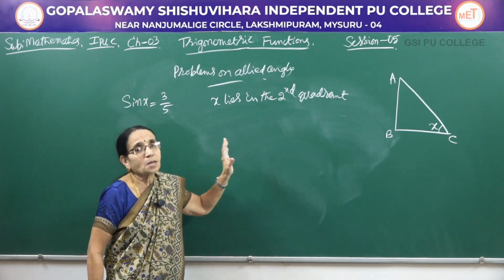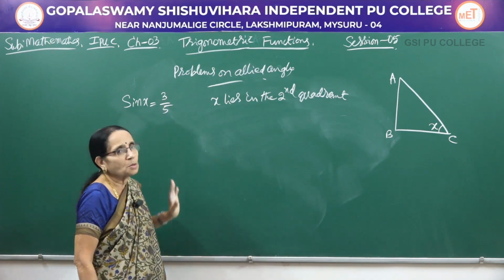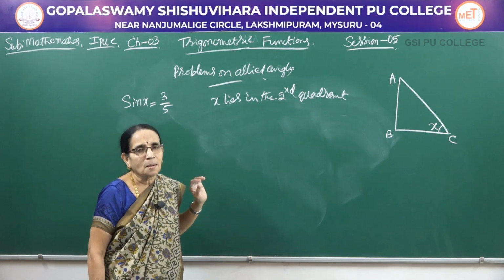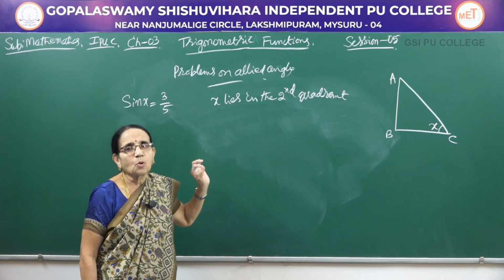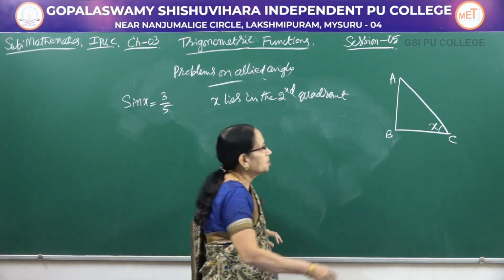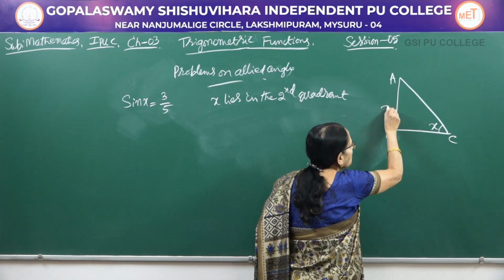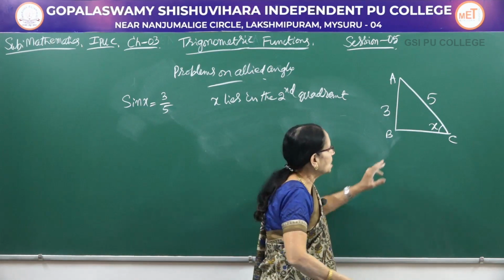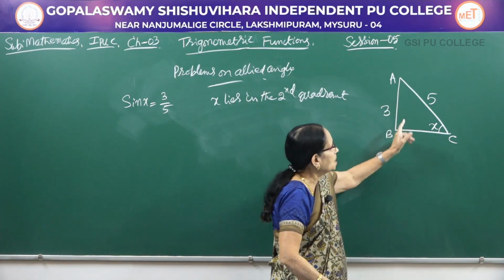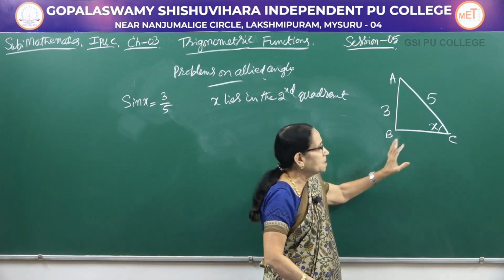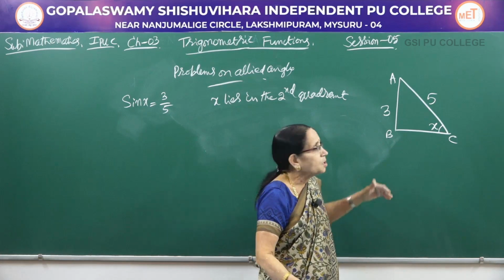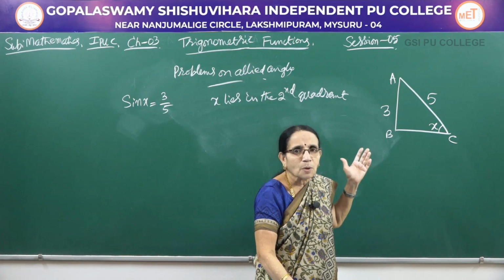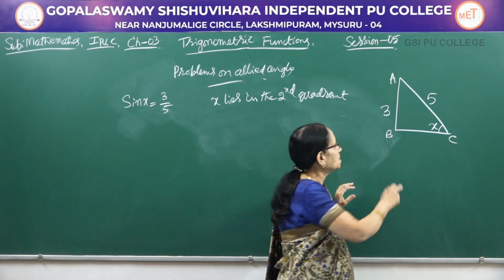So write only the numerical value, sin x equal to 3 by 5. I go to the basic definition of sin theta. How do you define it? Opposite over the hypotenuse. So here for this angle x, opposite is 3, hypotenuse is 5. That is, AB is 3 and AC is 5. So we have to calculate BC here. It is a right angle triangle, as you know, so naturally we make use of the Pythagoras theorem here. How do you get this one?